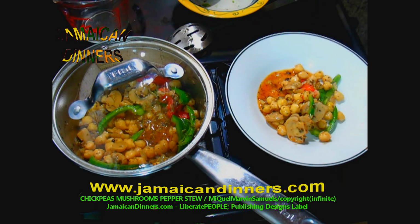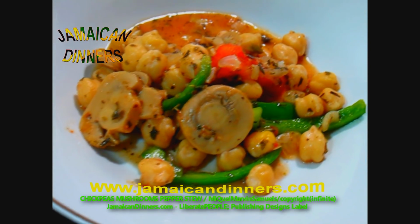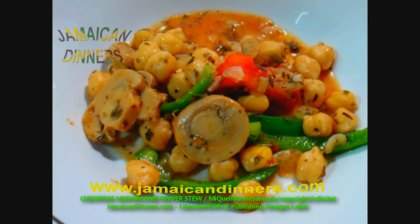The herbs, chickpeas mushroom pepper stew. Yes,